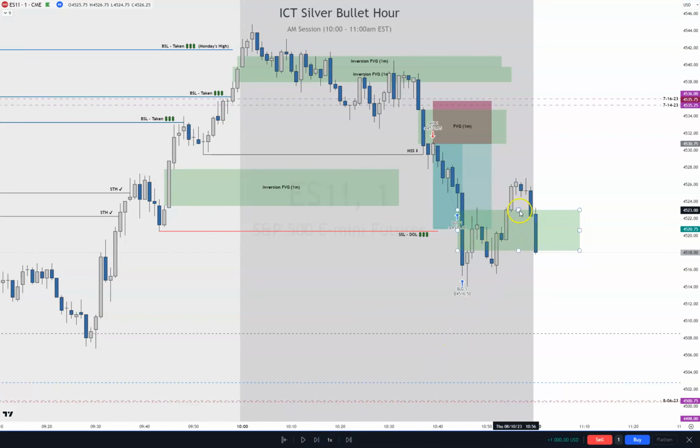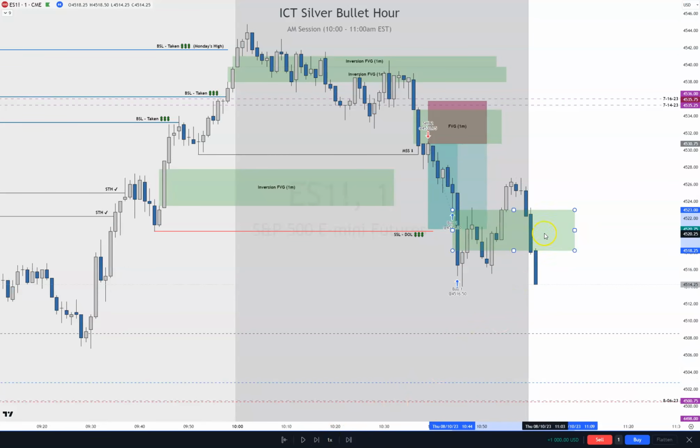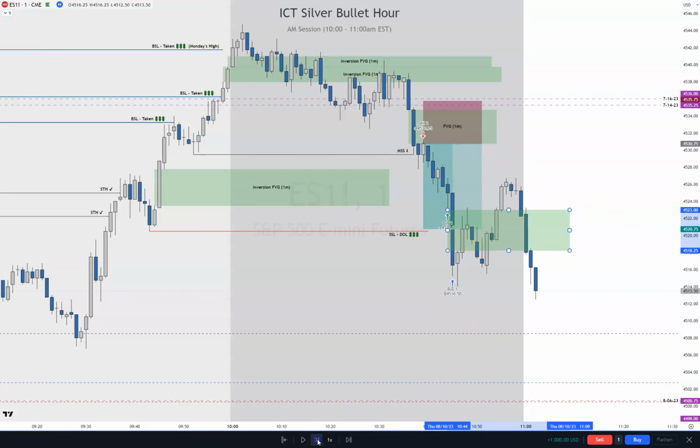Okay, now it just obviously doesn't care about this fair value gap, but it's now back below it, so it's back to a normal fair value gap. Coming up, we would expect it to go down, which it did here. Trade through it, make an inversion, looking for it to bounce, come back. It didn't, it traded right through it, so now it's a regular fair value gap again. Price trades, starts at the fair value gap, comes up, and then comes back down. Just to show you how it works.